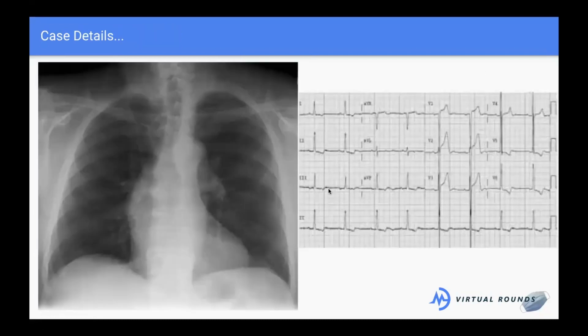So this is his imaging. This is not a talk about EKGs. We went through the bare bones basics of it last week. I might want to do an advanced EKG another time if you guys want to learn a little bit more about some of the cool patterns. But let's just quickly look at this chest x-ray. Do you guys see anything of note on here? Not expecting you to be a radiologist, but what do we see on the chest x-ray? Anything? It's okay if you don't. I'm actually not the best at chest x-rays. I'm no radiologist.